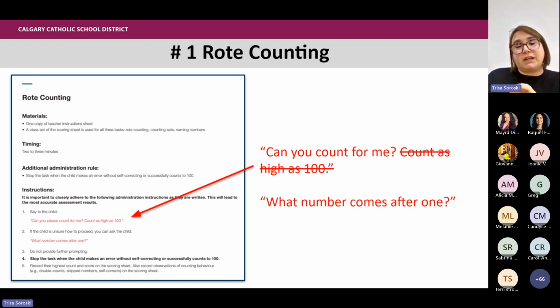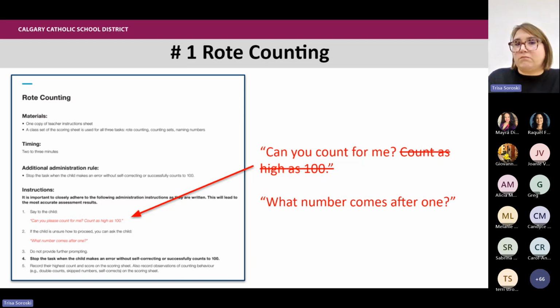Now, my recommendation is because in kindergarten your curriculum is to 10 and we're not going to 100 in kindergarten, this has been, I think, modified from the grade 1 assessment. So my recommendation would just be, can you count for me? And you can also prompt them by saying, 1, what number comes after 1? And get them to try and say 2. But I would leave out the 100 piece because we don't want them to feel like they're expected to count to 100. So just say, can you count for me? And then prompt them to say what comes after 1. If they can't answer anything, you're just going to write 0. It's perfectly okay. We just want to see if the student can count.